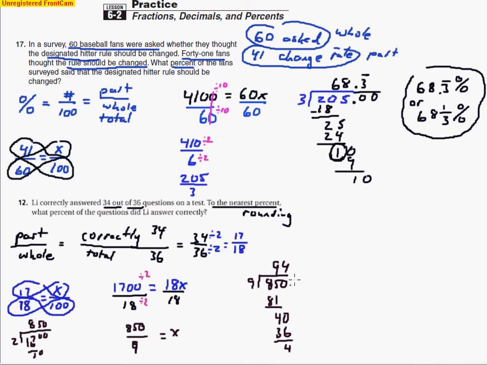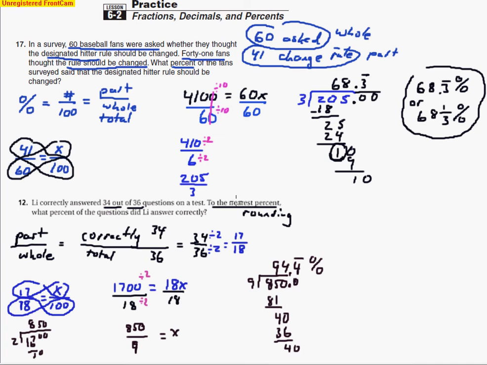So whenever we have the same number, that means we've got a repeating decimal. We still have to add the decimal point here, but we have 40 again. So it's 94.4 repeating percent. Oh, but they don't want this answer. If you write this answer, even though you got the right numbers, you're not going to get the right answer